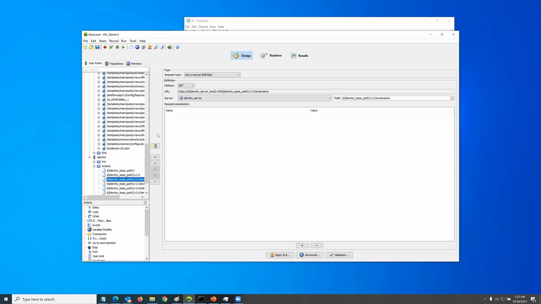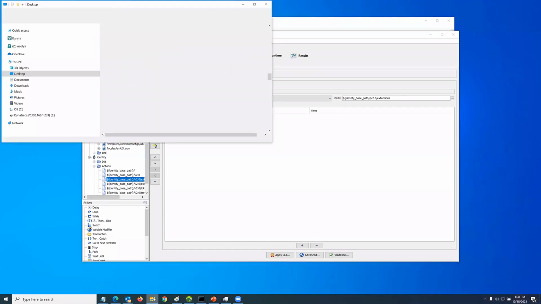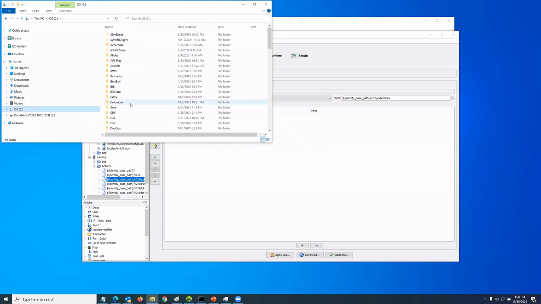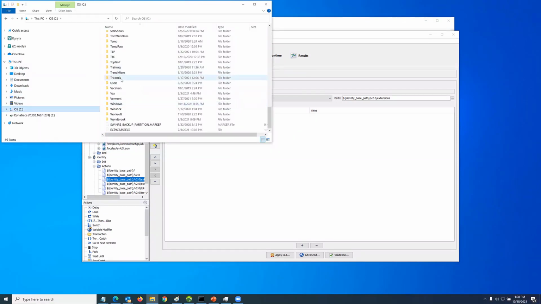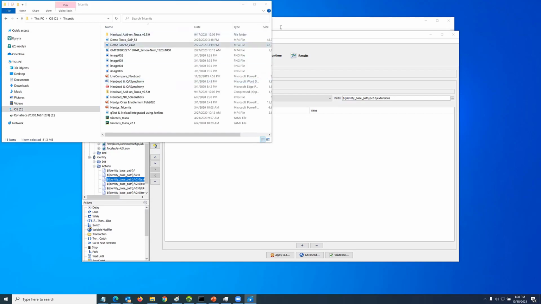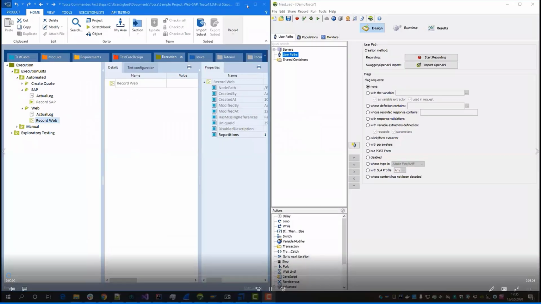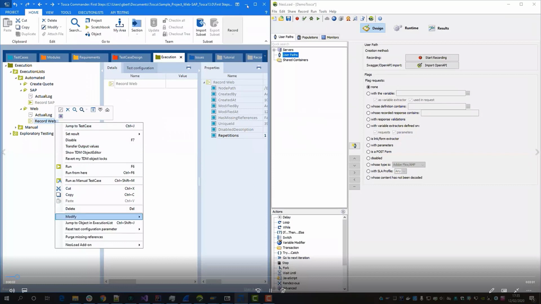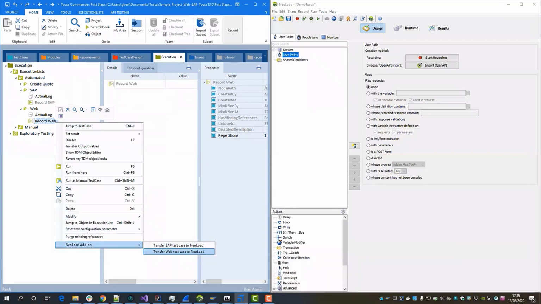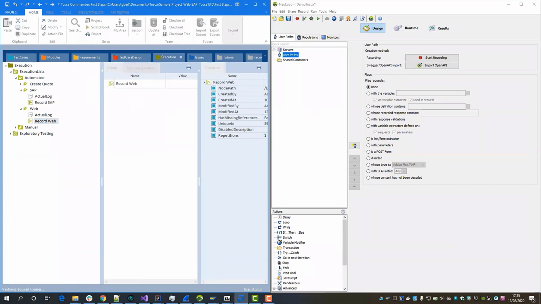So Tosca on the functional side, of course, our plugin allows us to convert a Tosca script into a Neoload script. So what we're doing is automating that process I just showed you a couple moments ago. The plugin actually allows you to launch a Tosca script from Commander directly, but convert it to Neoload. What happens when we do this is that Tosca is going to drive its functional script